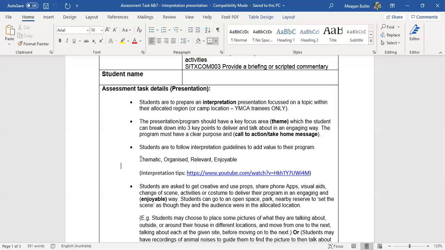So the best thing to do in order to start your program is to have a clear purpose to your program. So why have you created this program? What do you hope to achieve from it? What do you want your audience to know, or how do you want them to behave?